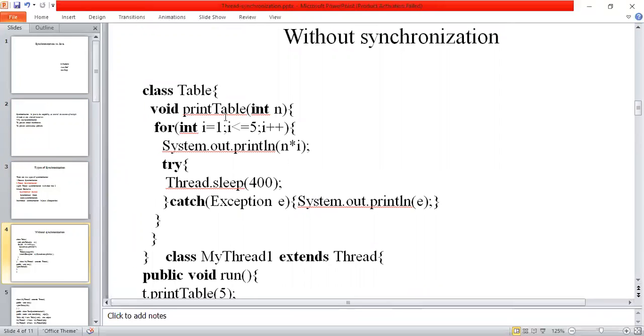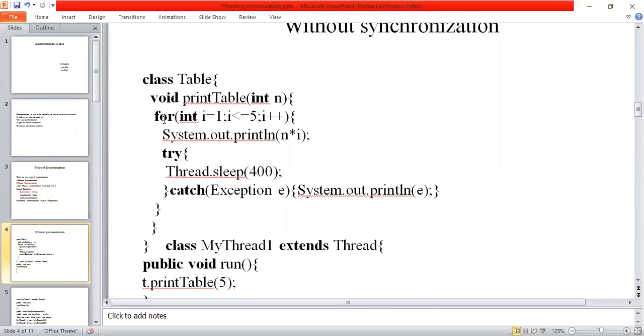In this printTable, I'm printing the numbers from 1 to 5, each number multiplied by n. Suppose n is 5, then my first value is 5 into 1. My second value, i is incremented, is 5 into 2. Again i is incremented, the next value i is 3, 3 into 5. Like that, i is repeated until it is equal to 5.